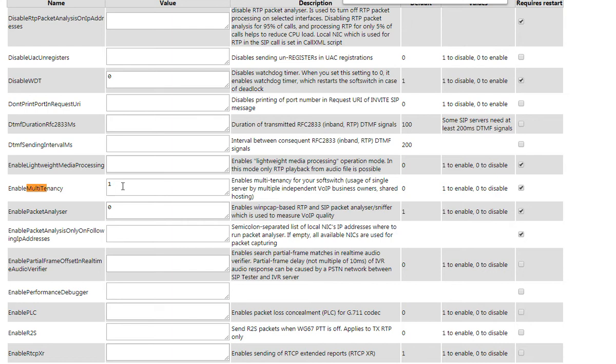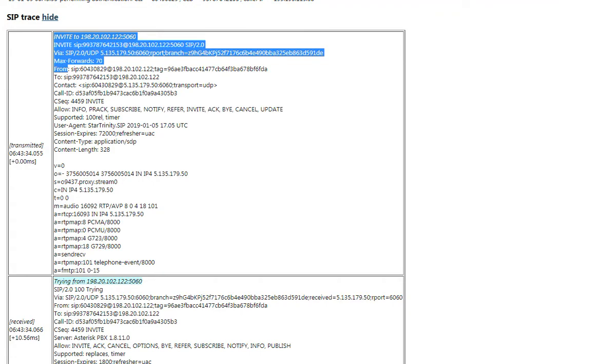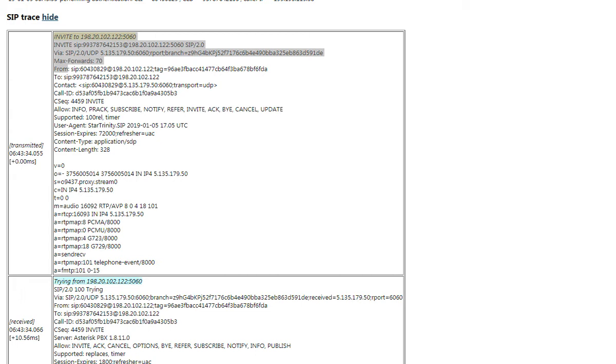Multi-tenancy, it is set to 1 here. There are many settings also with descriptions. Okay, it's about multi-tenancy. Next,